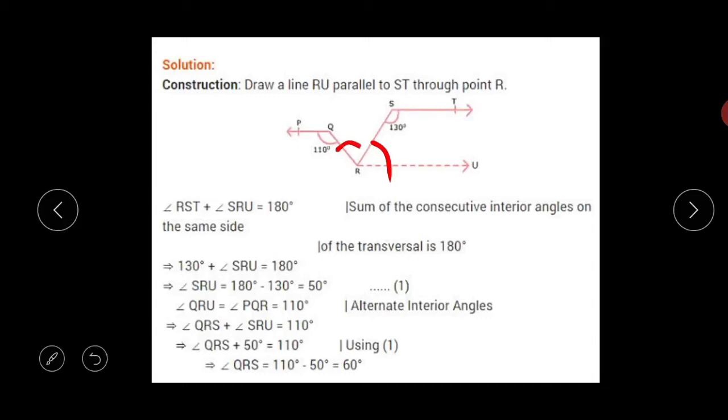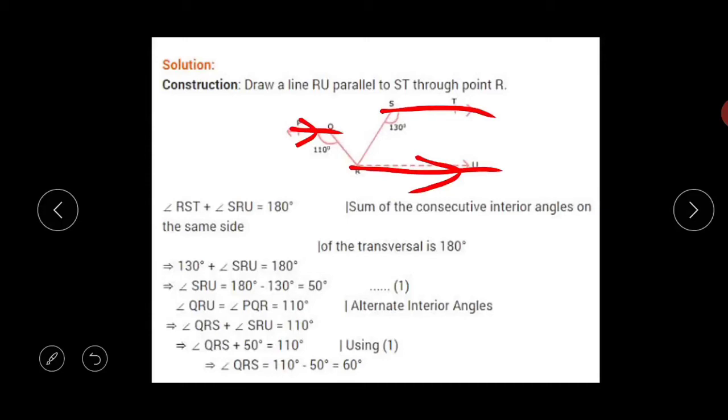Now students, one more thing that I can say, that angle PQR, this complete angle, will be equivalent to this complete angle, angle QRU. That angle QRU is equal to angle PQR. Why? Because they are equal according to the alternate interior angles, students. Why so? Because if ST is parallel to PQ, that is given to us, and we have drawn ST parallel to RU, then somewhere RU will be parallel to PQ, RU भी PQ के parallel होगी.